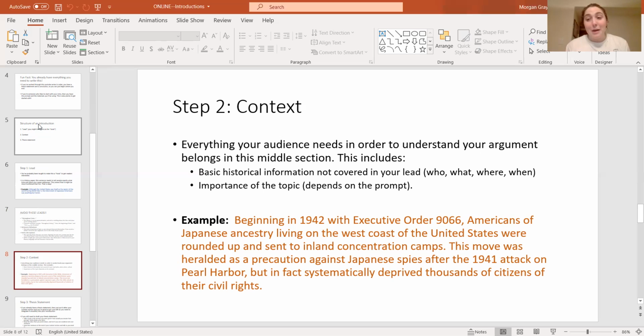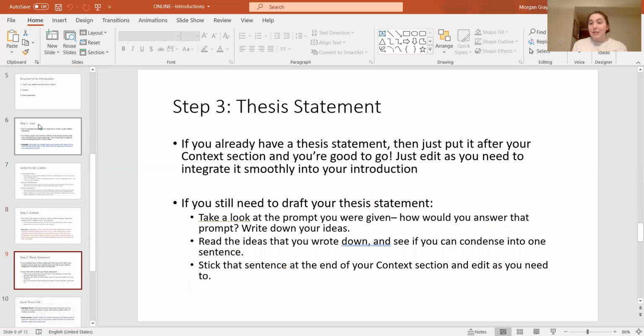You can see me talking about who, what, where, and when in here, right? Who: Americans of Japanese ancestry. When: 1942. What: executive order leading to detainment. Where: inland concentration camps, right? So we've got all of these bits in here, and now that gives us a good lead into our thesis